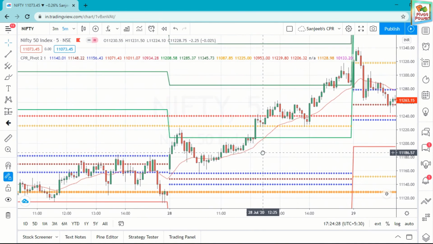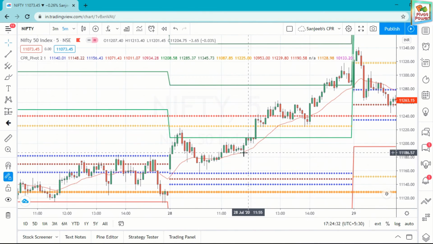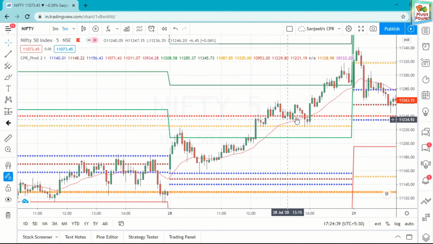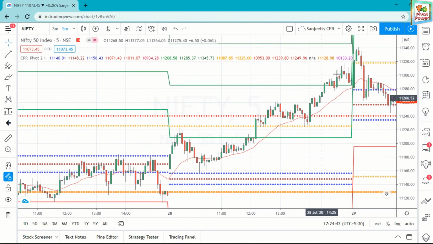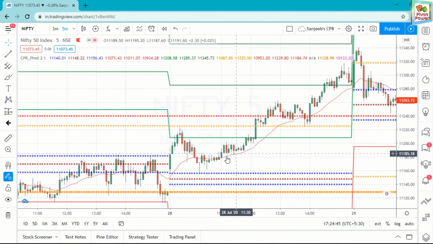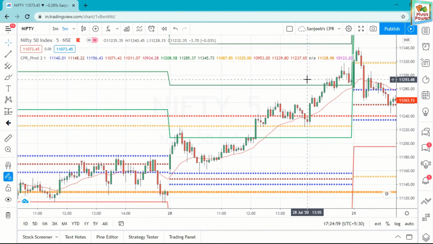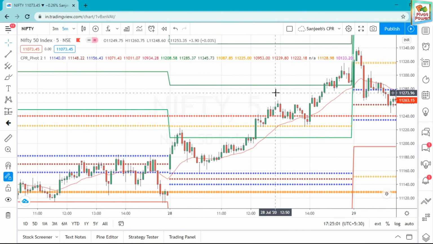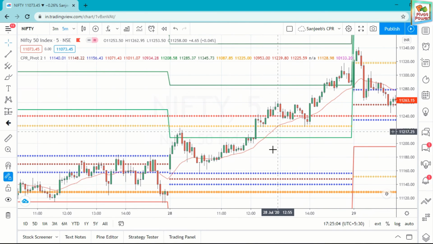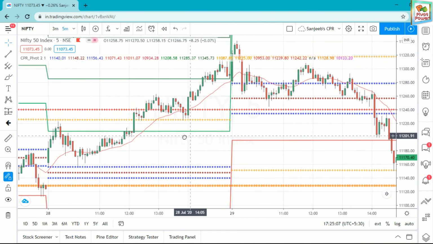See, this is also a trending day. When the price comes to the 20 EMA, then the price jumps up. The entry should be on the 20 EMA retracement only, here only. This is the retracement area. Entry should be at the 20 EMA retracement, and profit should be the next resistance level. Okay, this is the 20 EMA strategy.